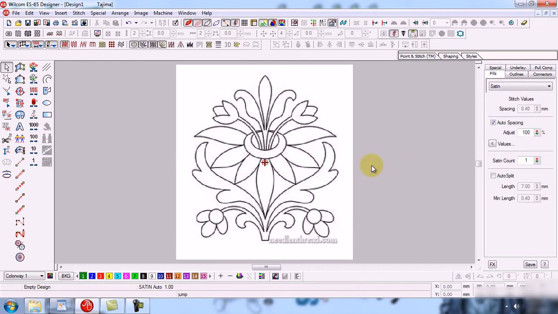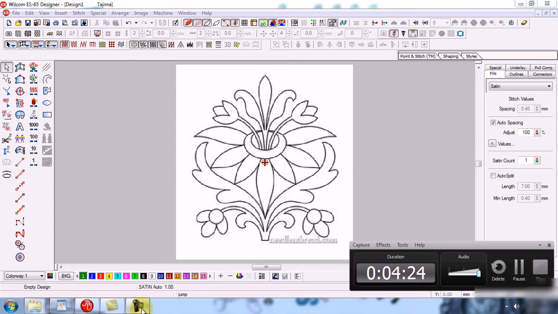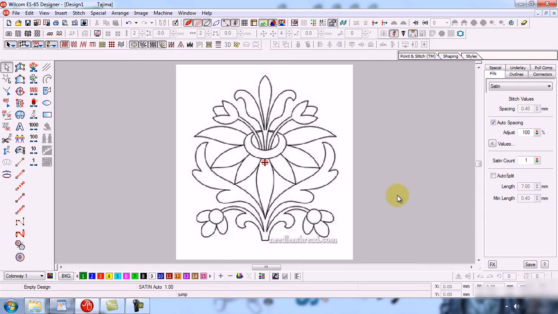So you can see that I have opened an image which was giving me an error. If you are not able to insert any type of image, you can change its format like I have changed now.